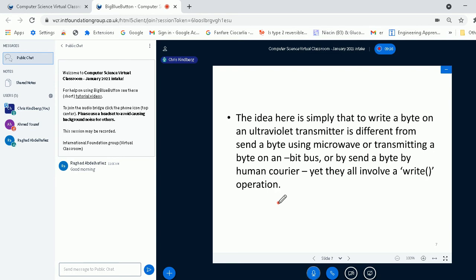And the idea here is simply that writing a byte on an ultraviolet transmitter is going to be quite different from sending a byte using microwave communications, or transmitting a byte on, I don't know, an 8-bit bus, or by sending a byte by human courier. They all involve some generic write operation.